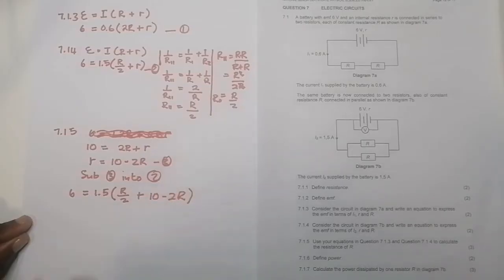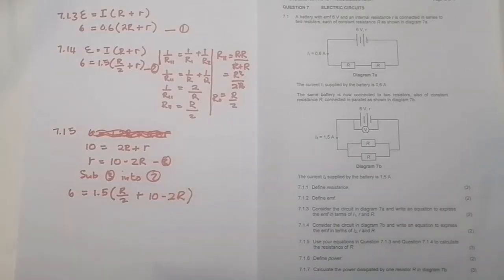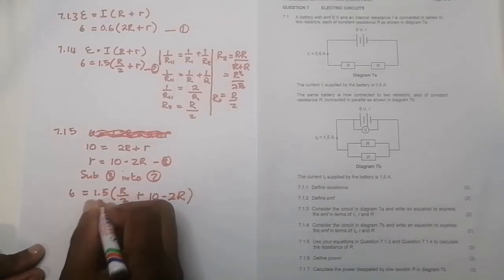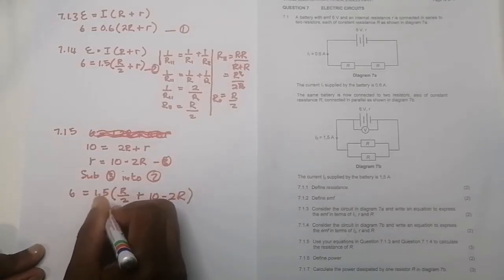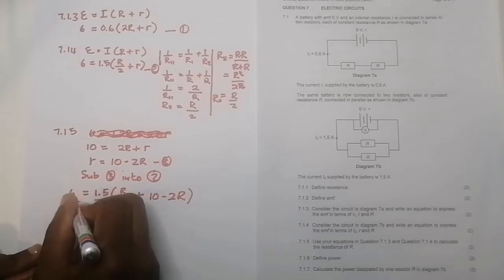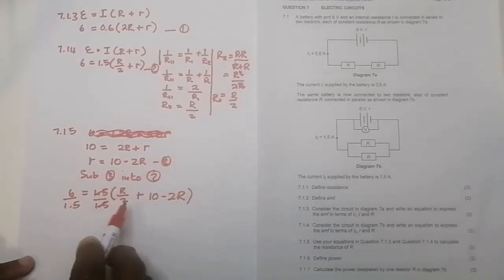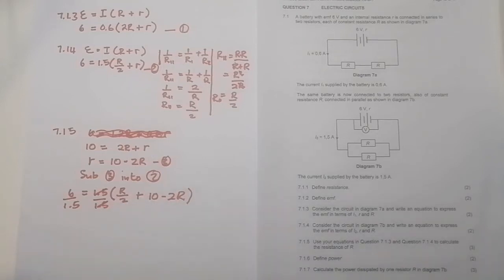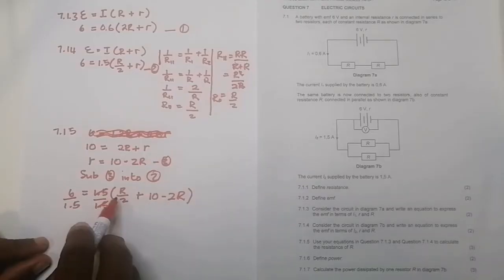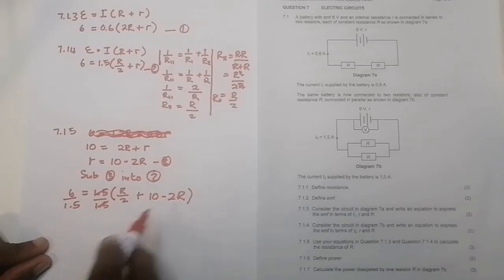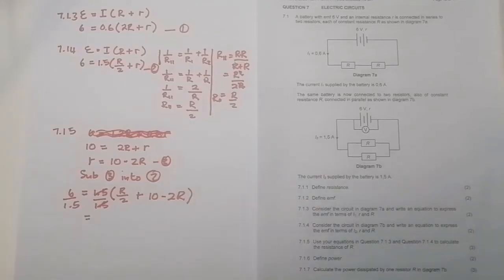Okay, and all that is left is for us to just do some mathematical gymnastics. Right, so I can divide both sides by 1.5. So that cancels that over there, and now I've got two terms that are alike. They've got R, both of them, so I've got R over 2, minus 2R, and that would give me